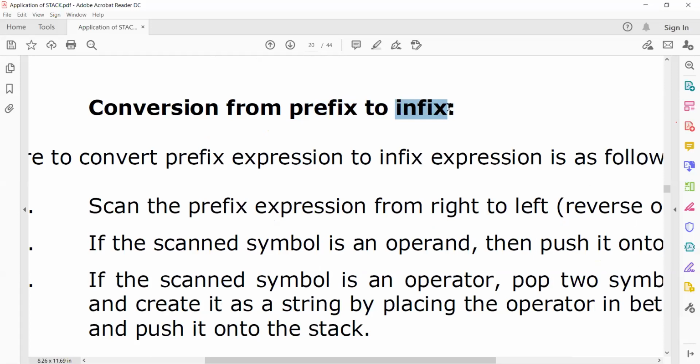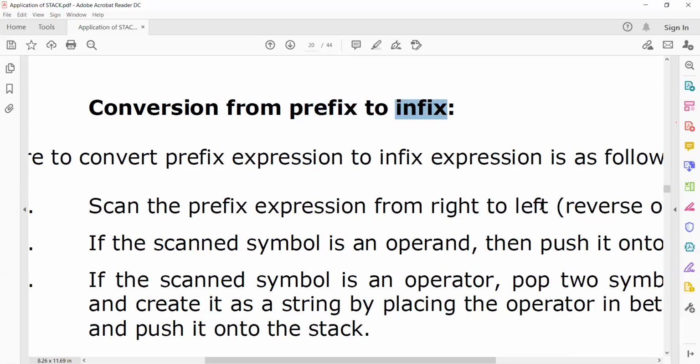Same thing. Whatever you applied for the postfix to some other conversion, the same algorithm you're going to apply for prefix to any other conversion, but you are going to scan the expression from right to left. That's all, simple.